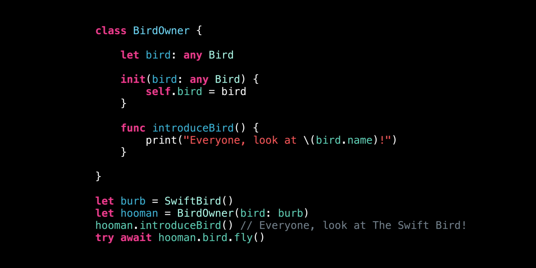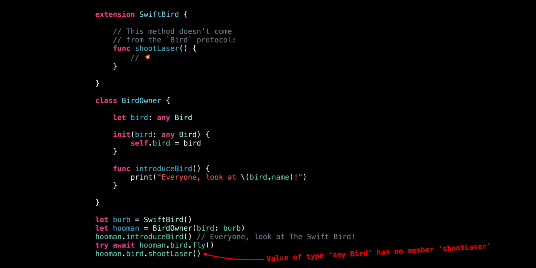Keep in mind, however, that the protocol object's actual type is no longer visible to the compiler. From now on, I can only use the properties and methods declared in the protocol. So, for instance, if my class conforms to a protocol but also has some methods of its own, I won't be able to call them. That's part of the price you pay for the convenience of existential types. There are performance implications too, but I'll save them for another time.